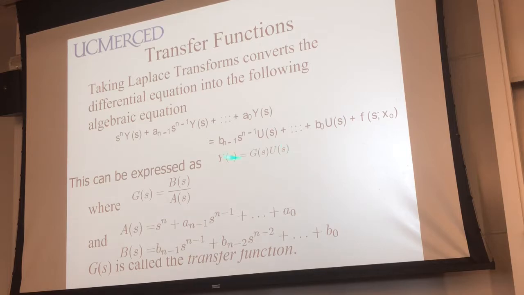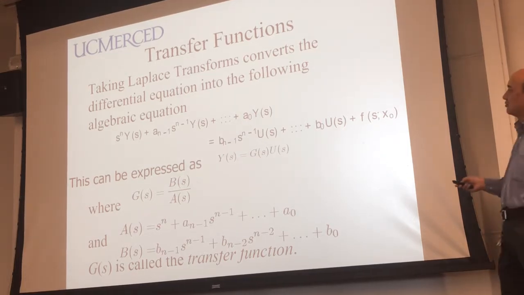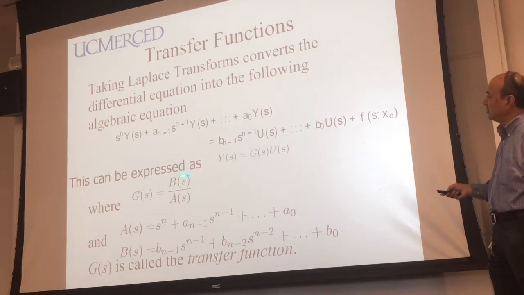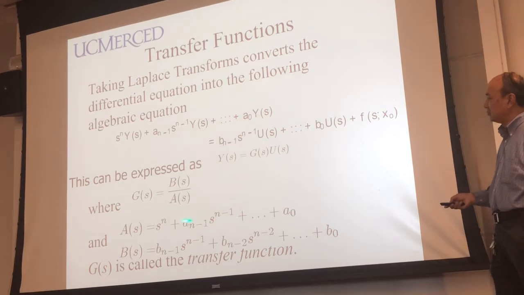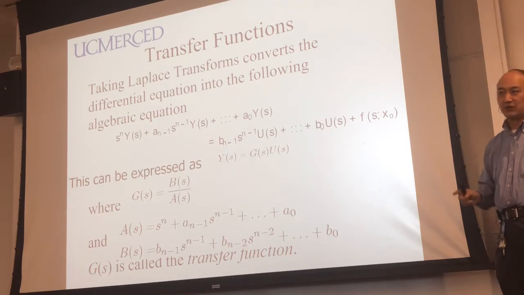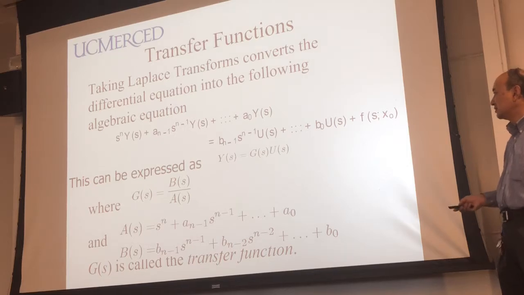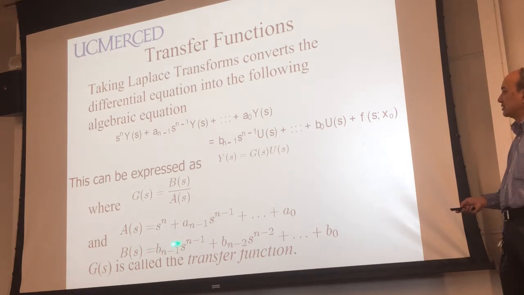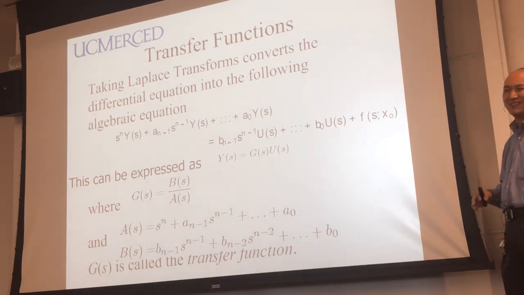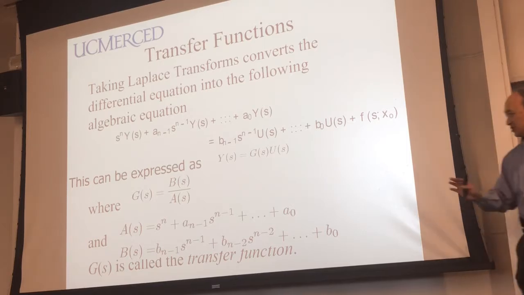Then you end up with a relationship like this one. U is input, Y is output, G is called the Laplace transform transfer function, okay, transfer function. And this transfer function is usually written in terms of a B polynomial over an A polynomial. In the denominator A polynomial, the highest term is normalized to 1. This polynomial is called monic, okay? Then of course B cannot be. If we put B also monic, something is wrong. Something is not so right.